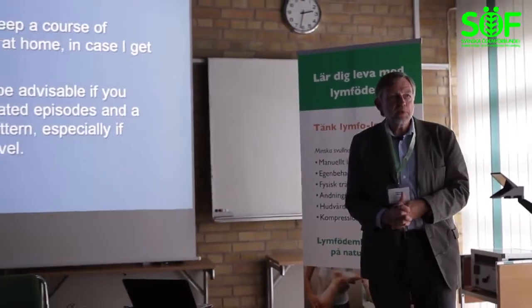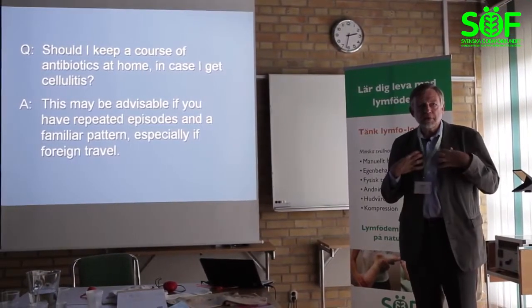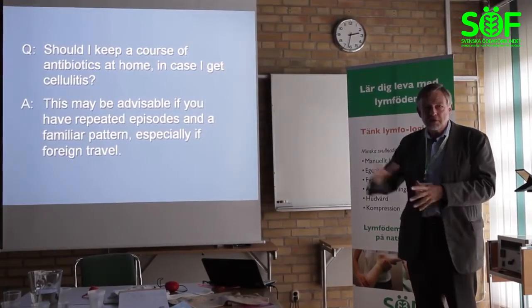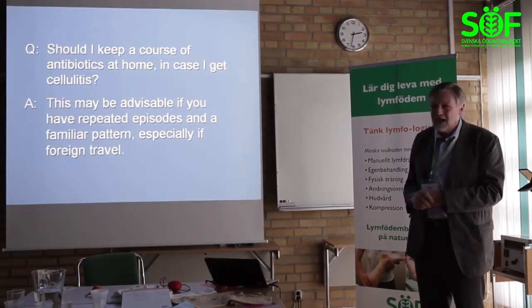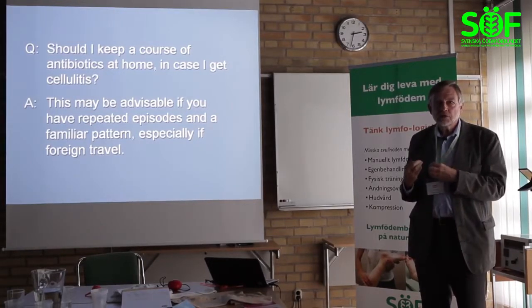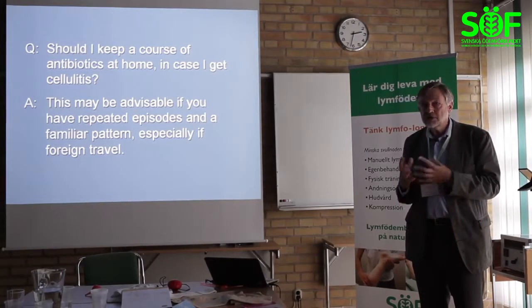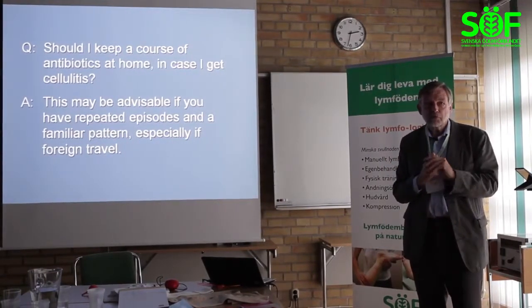And the other question that people ask is, if I have lymphedema, should I have some antibiotics at home? I've said here, if you get infection on Saturday, don't wait till Monday. Should I have antibiotics at home? And this is a difficult one because, as I mentioned earlier, it's not always easy to diagnose cellulitis. If you have, as a lymphedema sufferer, have